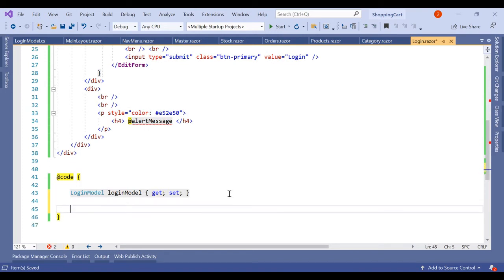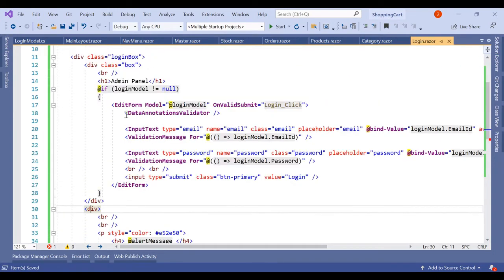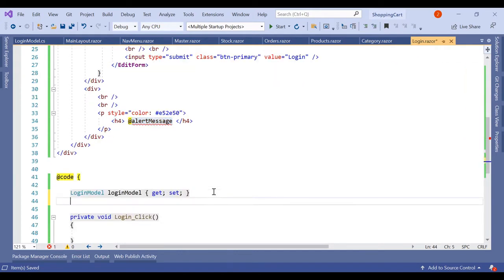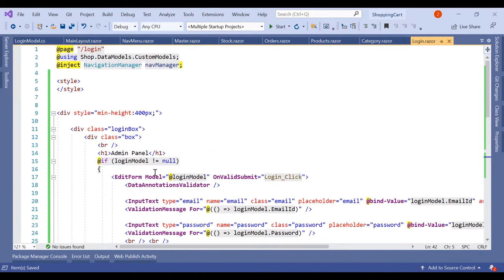So here we'll create it as private void login. Let's create a simple method which doesn't return anything. Here inside the second div we have created this @alertMessage. This is a string message, so we'll name it as public string, and similar get set. Okay, so now all the validation errors are gone. Now let's